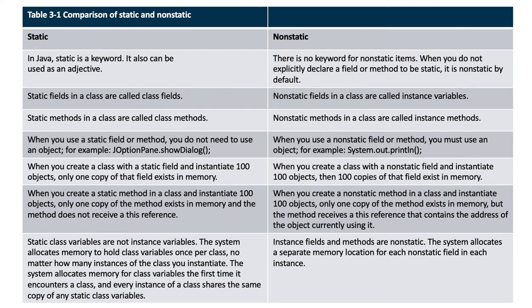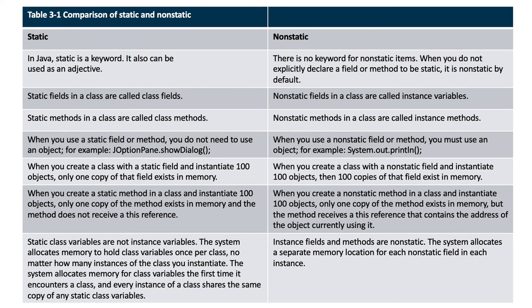Now let's talk about non-static. There is no keyword for non-static items. When you do not explicitly declare a field or method to be static, it is non-static by default. Non-static fields in a class are called instance variables. Non-static methods in a class are called instance methods. When you use a non-static field or method, you must use an object. For example,